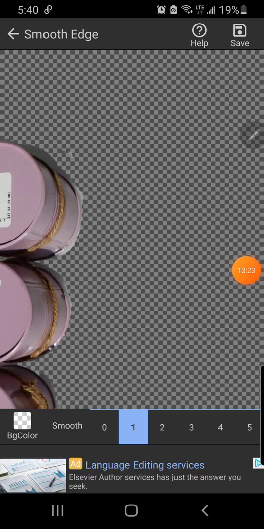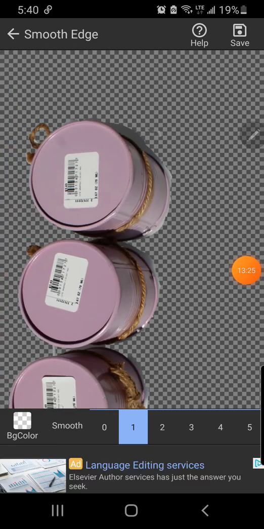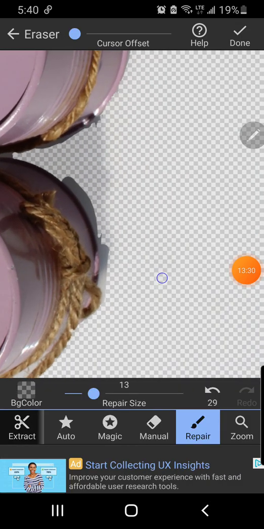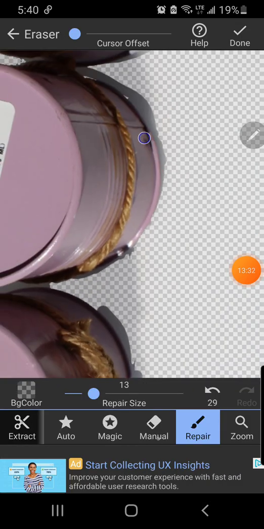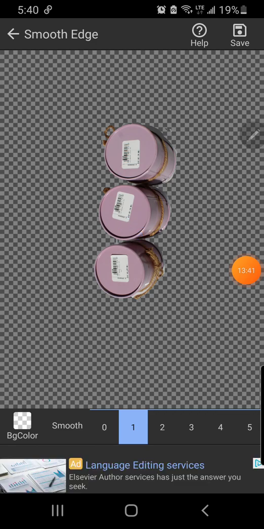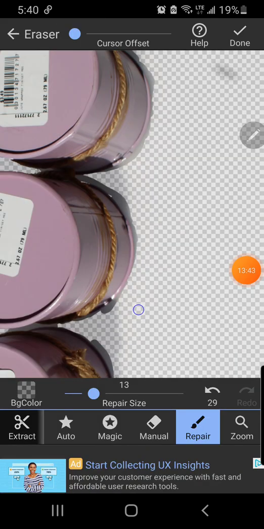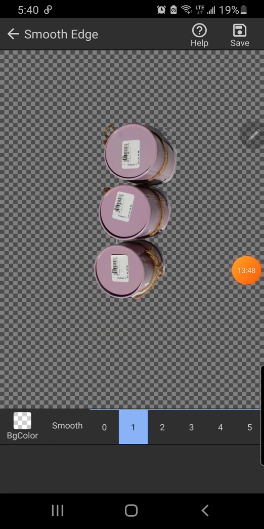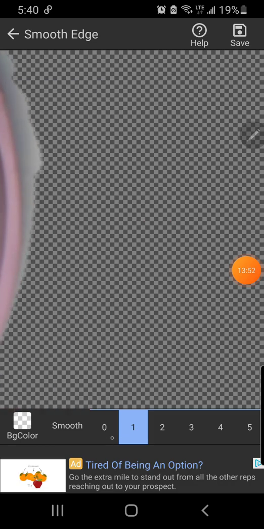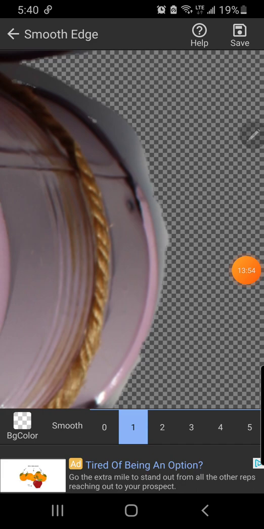Now what you also can do is, once you feel comfortable enough with the picture, you can hit done. It's going to take you to the next page. This is for smoothing the edge, and it gives you from 0 to 5. And what it does is